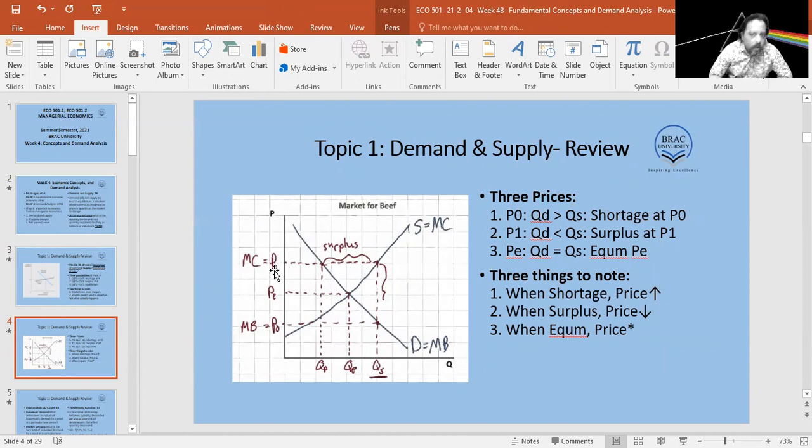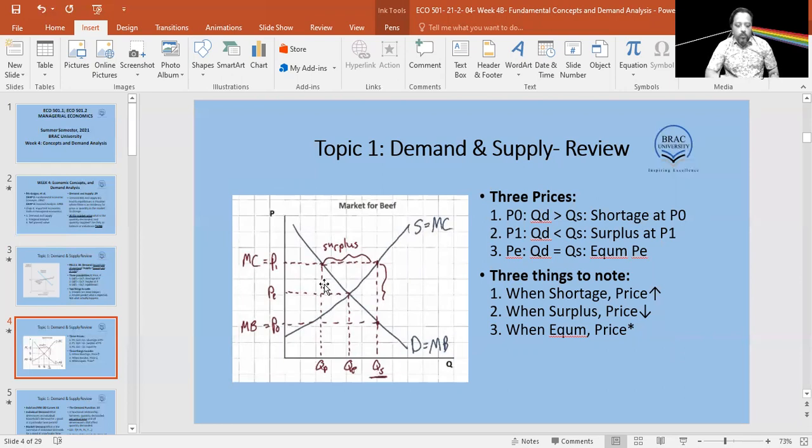If the price is P1, then one part of the market, which are the firms, they're happy. They produce a lot, but the households are planning to buy less. So there's a surplus in the market. Only and only if the price matches do we get demand equals supply, equilibrium.